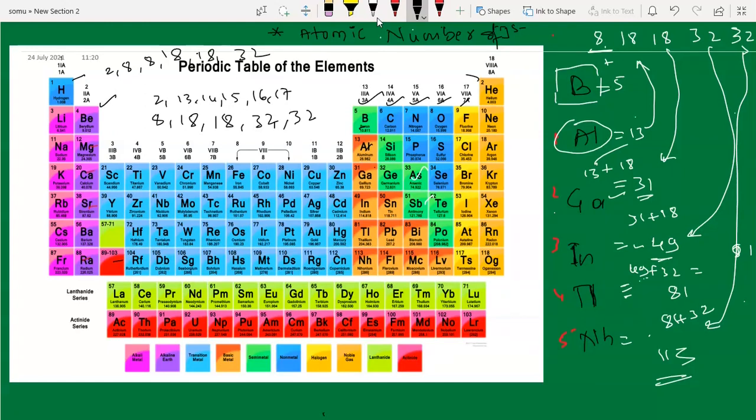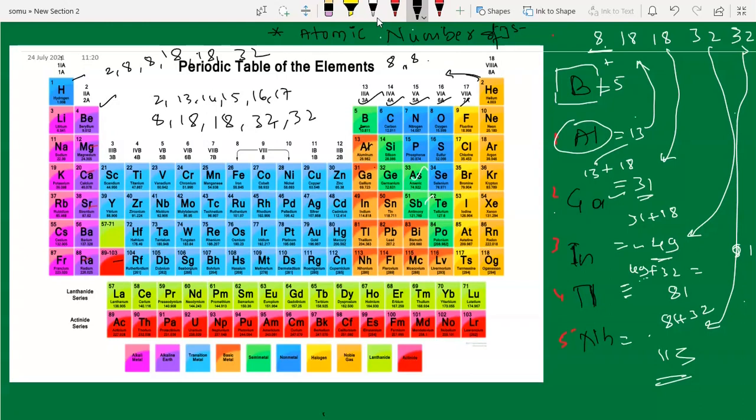And for the first group, sorry, this is for the first group. For the 18th group, what happens? The change will take place: in place of this we remove 2. So 8 for the 18th group. Just try with this. Okay, 8. You will get this answer. 8.